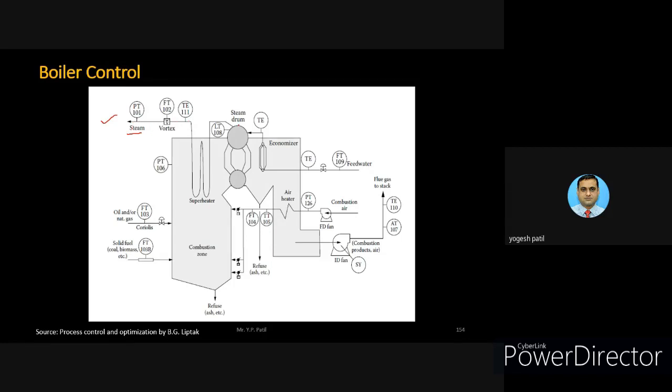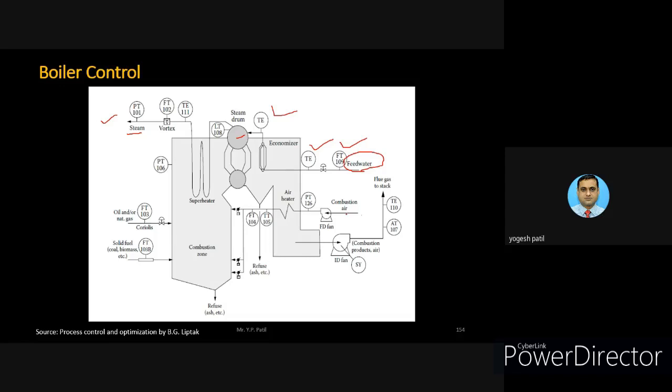When we look at the boiler part, this circular part on the upper side, we can see that the level can be continuously monitored and controlled. So level measurement, as well as in the feed water side, that is the input to the boiler, where the flow can be measured, the temperature can be measured, and after the economizer, again the temperature can be measured. The economizer can improve the temperature, and after that it can again be measured.